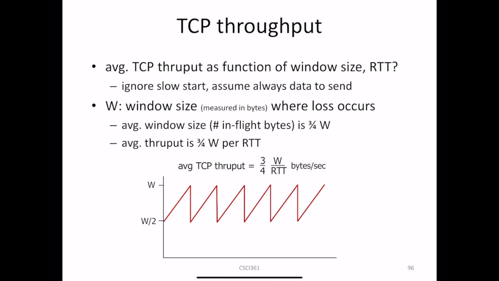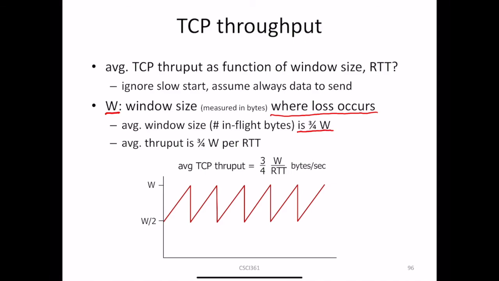Then let's look at TCP throughput. The average TCP throughput can be treated as a function of window size and round trip time. Here we ignore the slow start. We are assuming there's always some data that can be sent from the sender side. Here W represents the window size, measured in bytes, when the packet loss occurs. And the average window size is